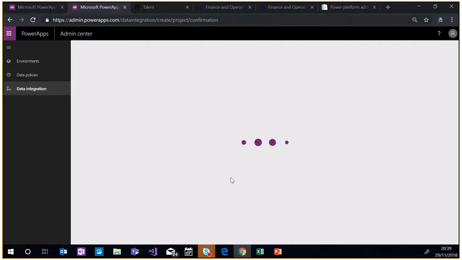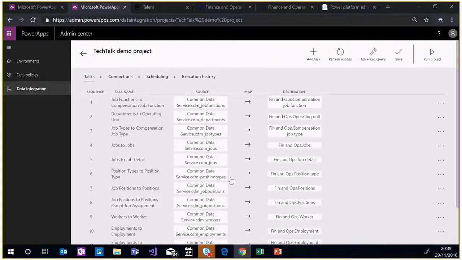Now this project is valid and ready to be executed, and once we run it, it will start moving the data across. I will not run this individual project in our demo because it will take around 30 minutes to finish and we don't have that time. But I will take you through the basics, and I will run another project which I've already prepared ahead of time. In this project, the first thing you will see is the list of tasks,